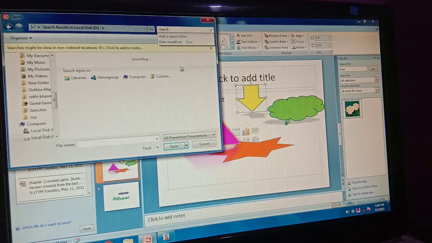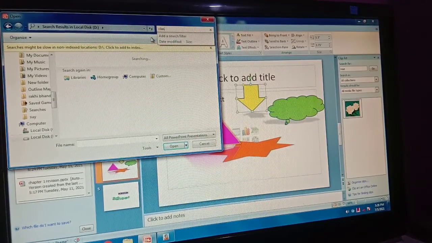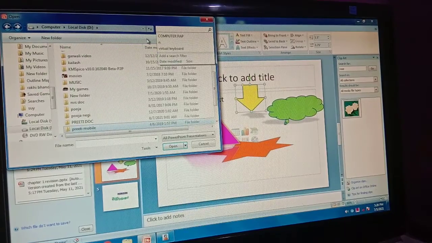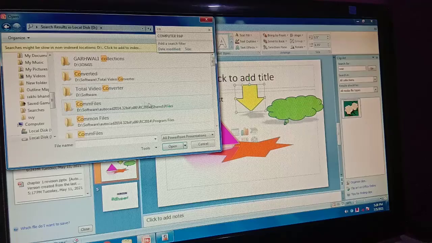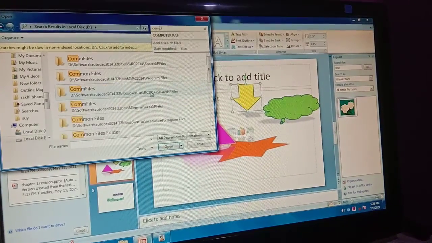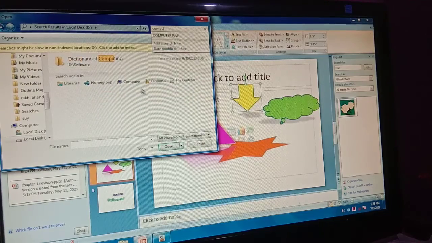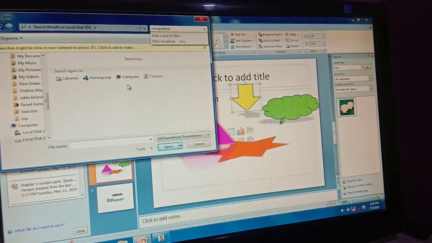Computer. The 'computer' folder. Oh, it's wrong spelling.